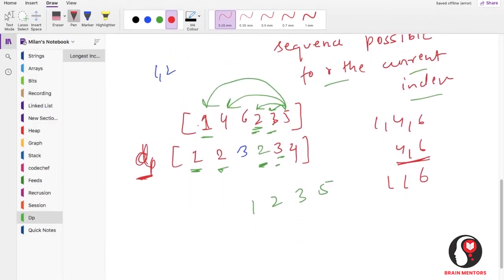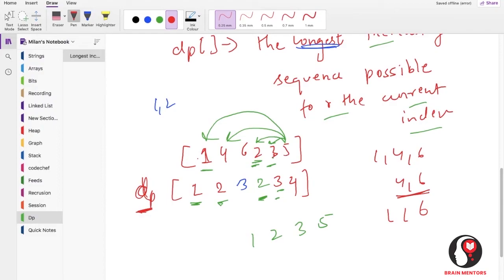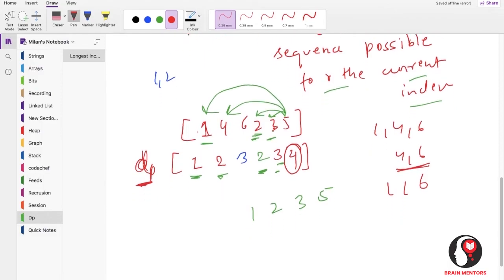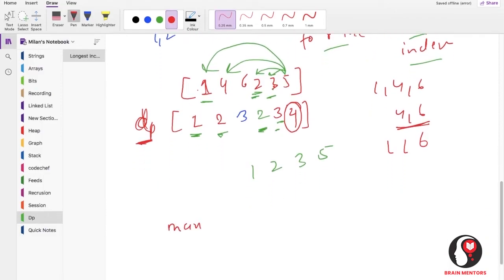So what our DP state is storing is the longest increasing sequence possible for the current index. So now the value is 4 and we need to return the maximum value possible. And we are solving this question in O(n) square time. Why? Because for each i we are going back from 0 till the i position, so it is actually O(n) square time and the space complexity is O(n). So this is how you solve longest increasing subsequence in O(n) square time and O(n) space complexity.